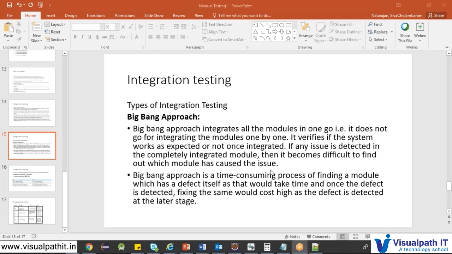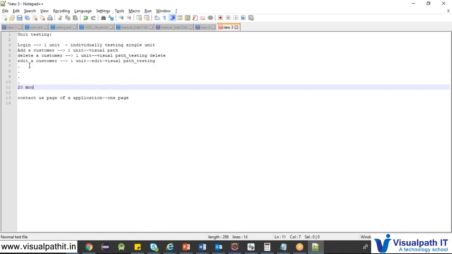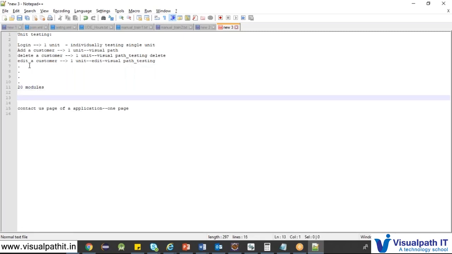When you are combining hundreds of modules while doing integration testing, you cannot find the issue. In our example itself, we have three modules. For this customer alone there are some 20 modules. Like this, you will combine all the modules, so there will be some hundreds of modules. This customer information is a lot. Tomorrow, when there is a failure in the customer page or something is going wrong, to find which module is responsible, because you have integrated and combined all the modules,